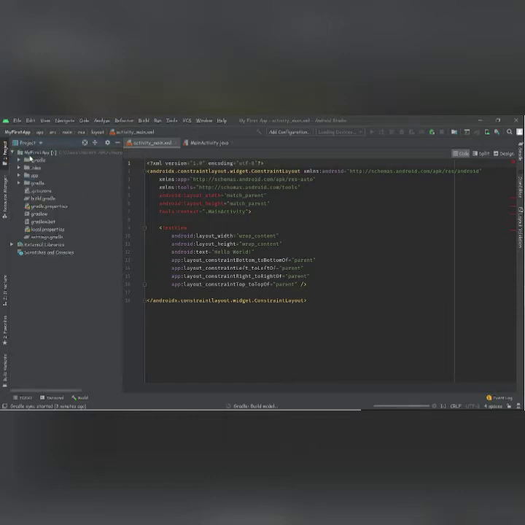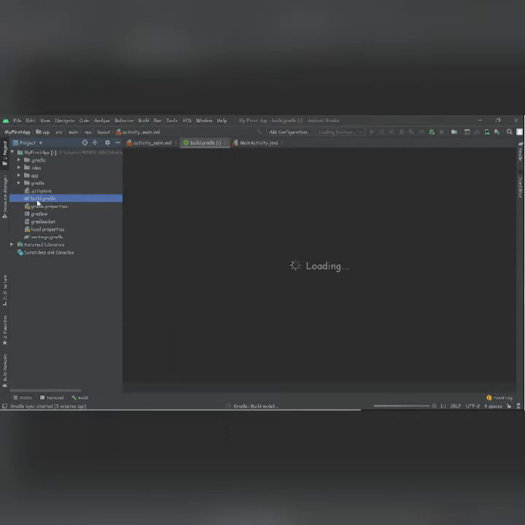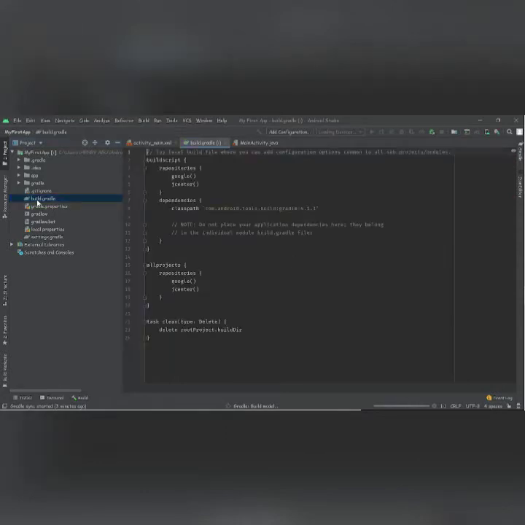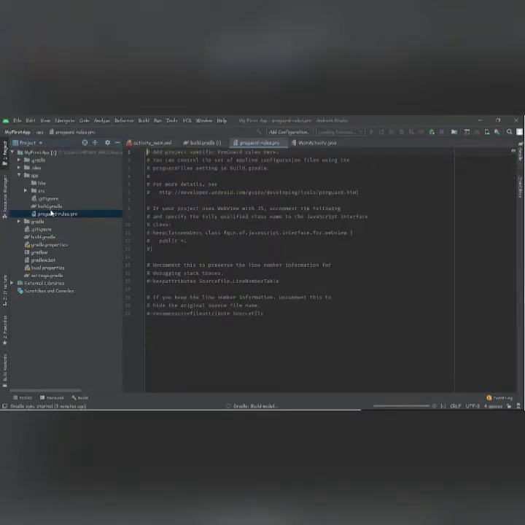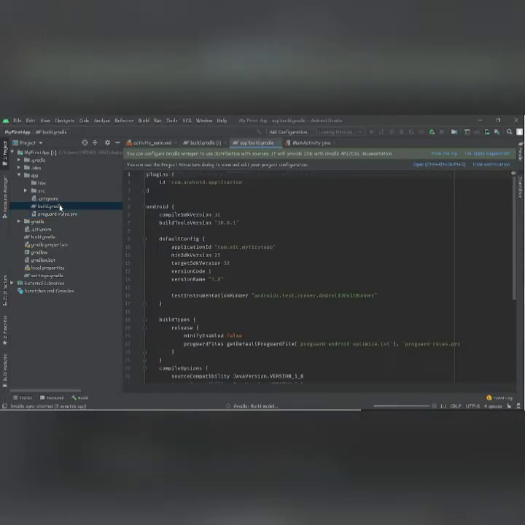I think if I open the build Gradle, you should see something like that here. It's still loading. Everything is loading. Okay, this is one of the build Gradle. There are two of them. You have this one down here, and then we have this other one under the app section, and this is what I'm talking about,